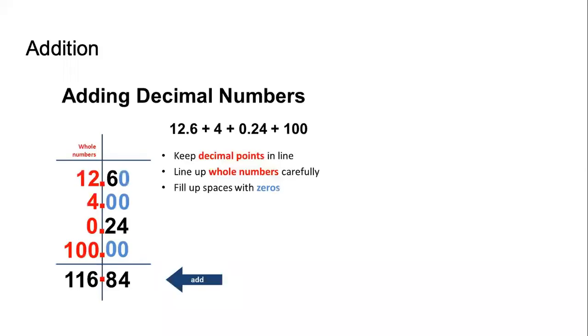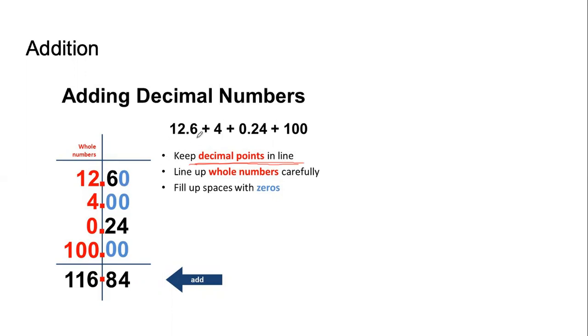After understanding the structure of the decimal number and the meaning of the decimal number, let us now understand how to carry out basic simple arithmetic operations with them. So the first operation, as usual, will be that of addition. All of you know this. Most of you do this wrong. If the numbers that we have to add are 12.6 plus 4 plus 0.24 plus 100, what do we do? The first thing, the most important thing is to align all the decimal points. If we don't do this, then we are in trouble.